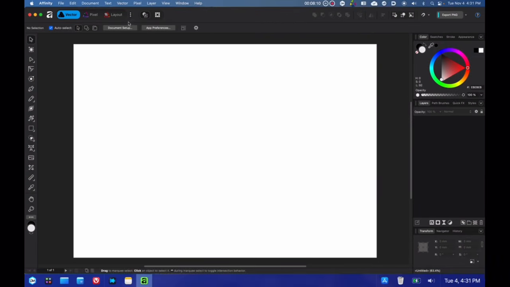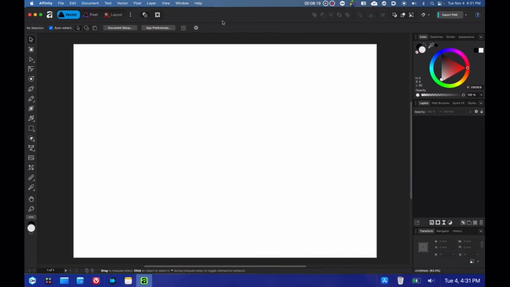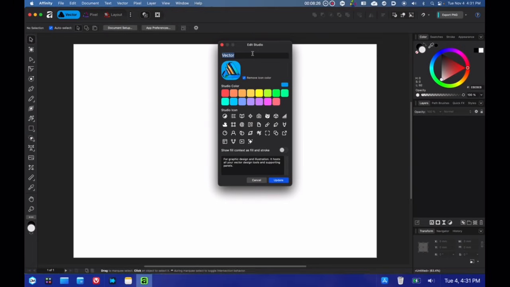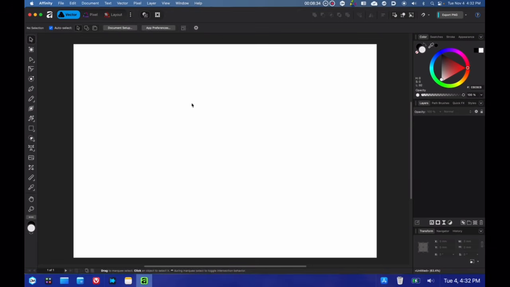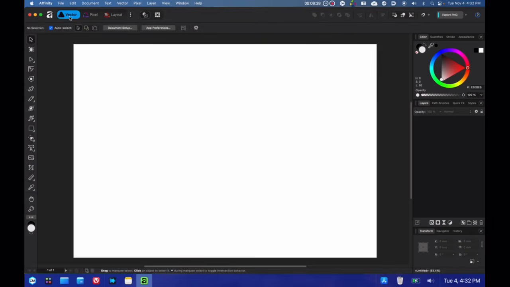Okay, and I am done. So I'm going to click here so you can see the three icons all together. Looks very nice. Now, I don't know if it's a bug or not, but something I did notice is that if I right click and edit, so I'm going to write down designer, and now I'm going to click update, but I notice it doesn't actually update the name that you give it. So I wonder if that's a small bug that I just caught.